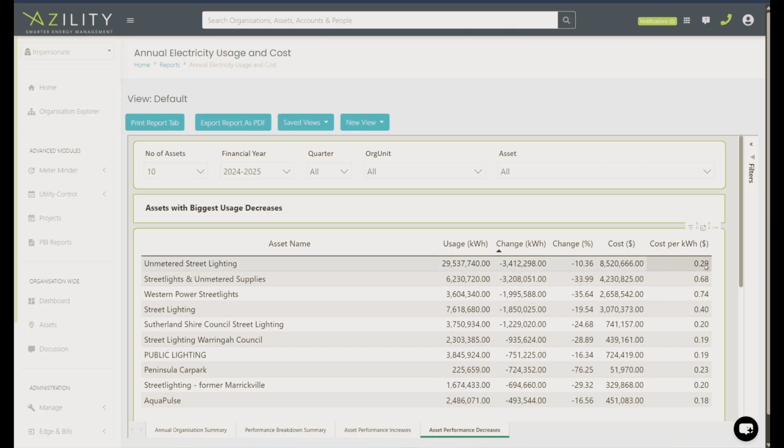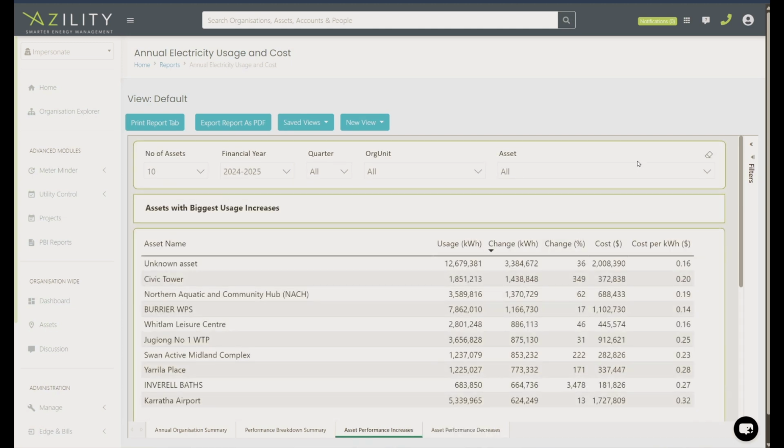Be aware that on any of these reports, the cost per kilowatt hour includes service charges. So what you may find is assets that don't use a lot of energy, for example electricity, might have slightly higher cost per kilowatt hour because of those service charges. This is not something that is available to be shown without the service charges added, as it's not something that can be done currently in Power